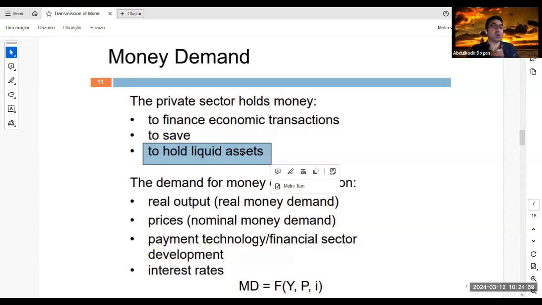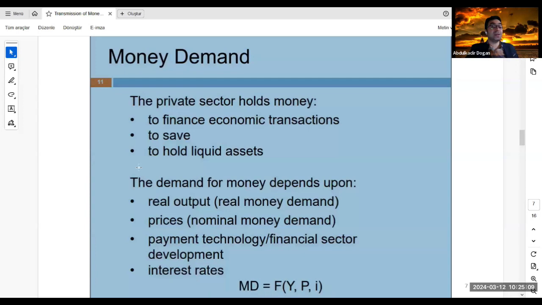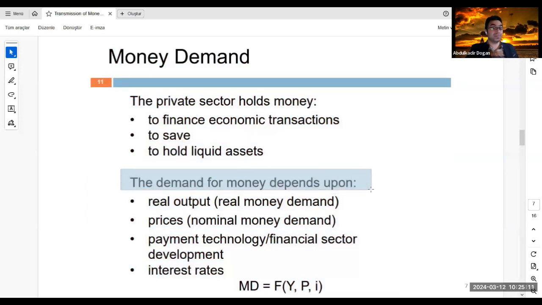So to hold liquid assets, to save money and to finance their economic transactions, the private sector holds money in their accounts. And demand for money, please look at this sentence. Demand for money depends on